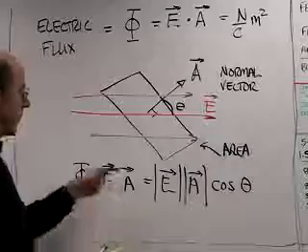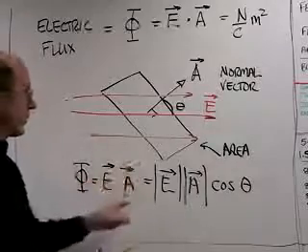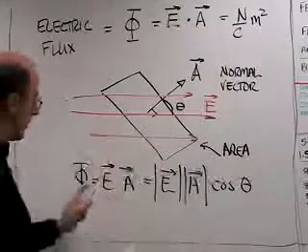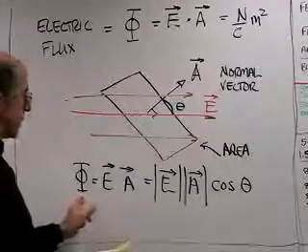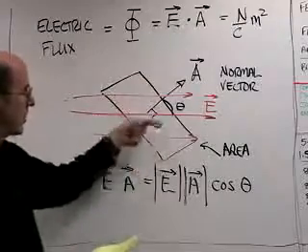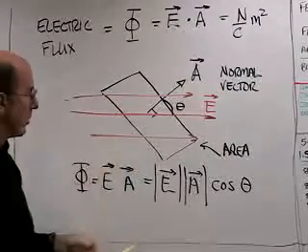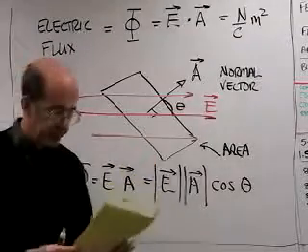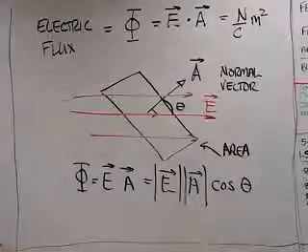Okay. So that works. This is exact if I have a flat surface, if I know the area, and the electric field is constant in magnitude and direction over that area. Okay? All right. Let's take an